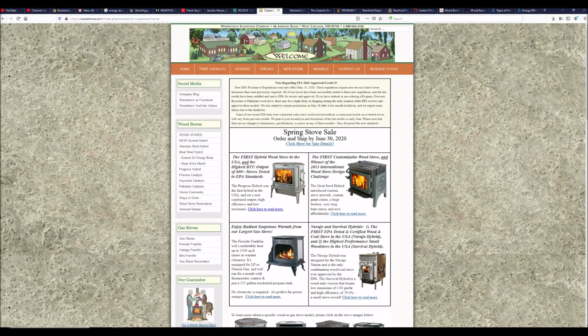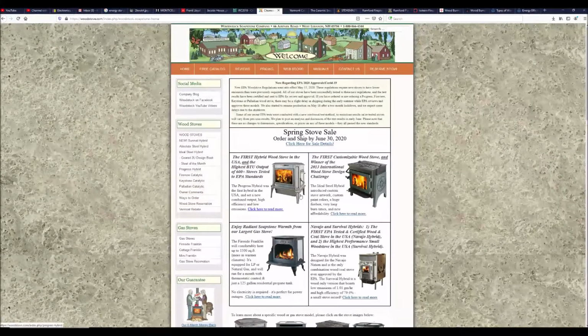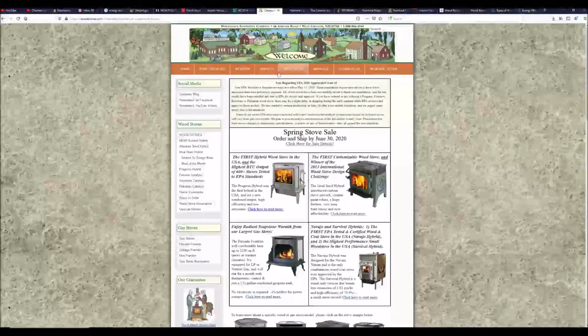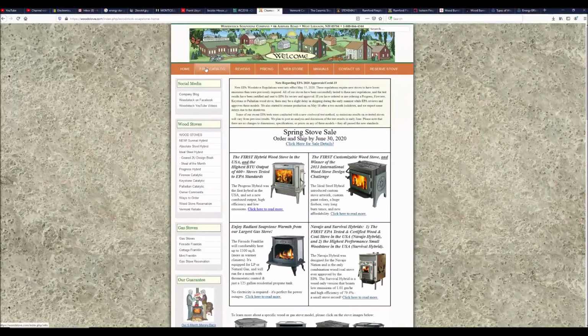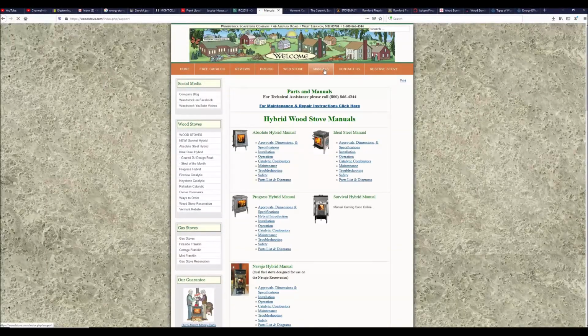These guys at Woodstock Soapstone incorporate soapstone panels into their cast iron, which is really quite gorgeous when you see them in person. They're really beautifully crafted. I encourage you to browse through the whole website. They've got a lot of good manuals. This is a section that's got a lot of good detail on things like